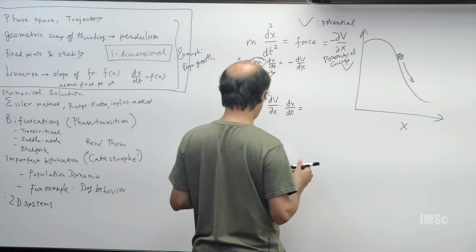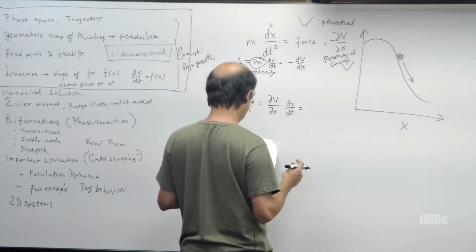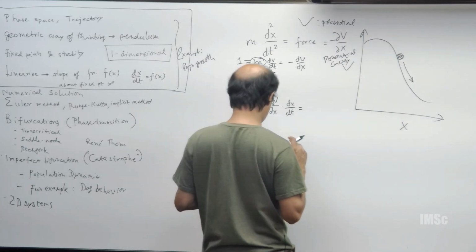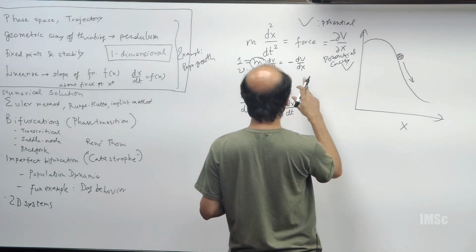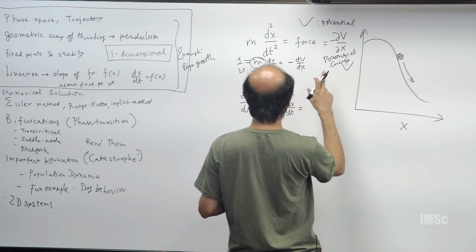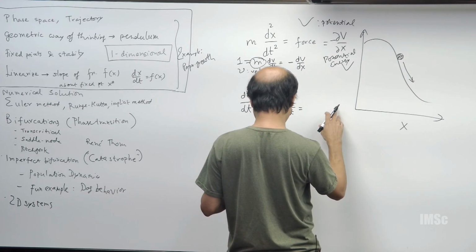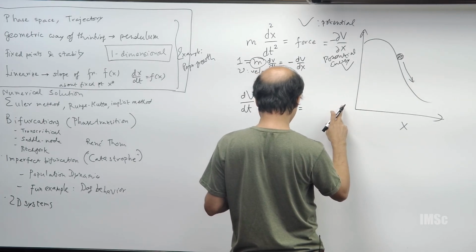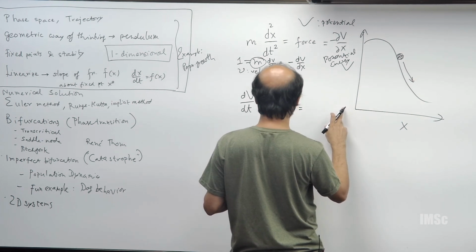So now I can say that, but what is this? This is simply now, from dx dt, I knew that the force is dV dx. So from this, I can essentially write it as